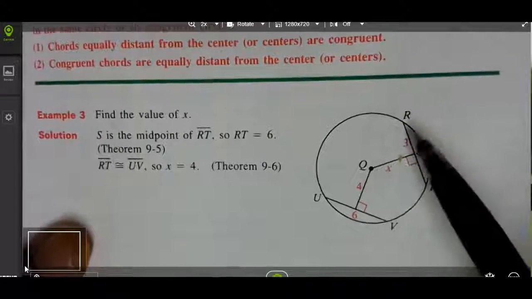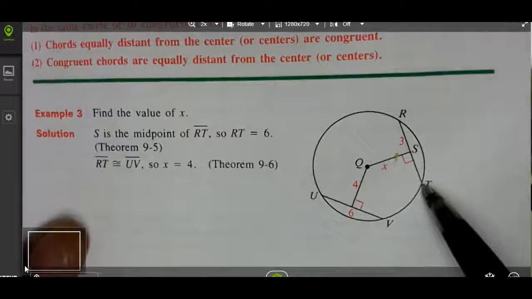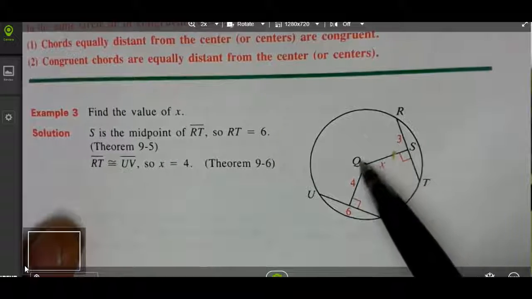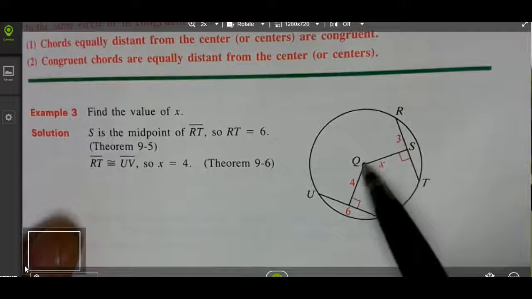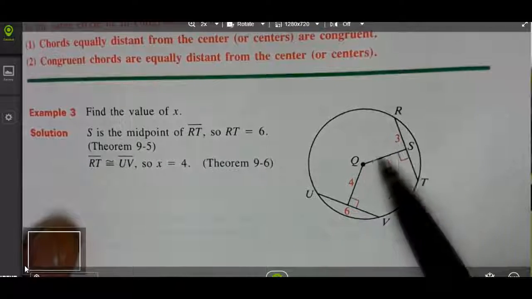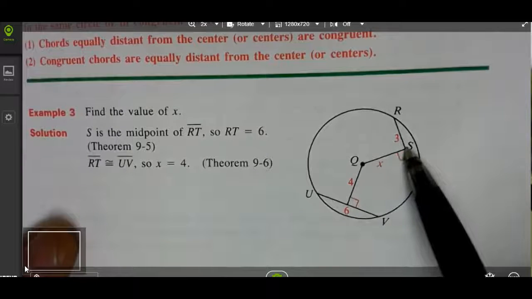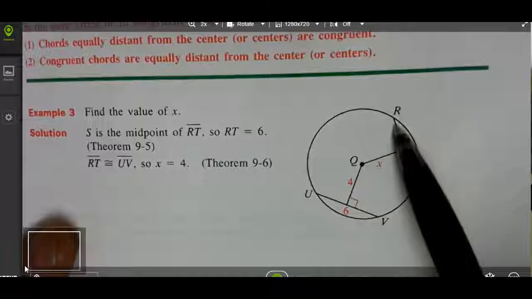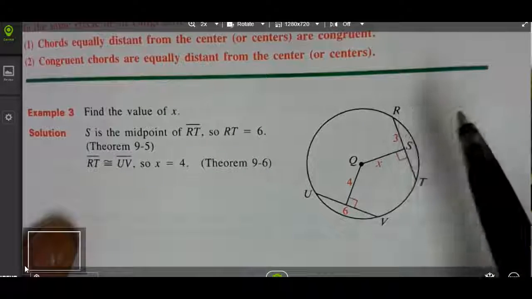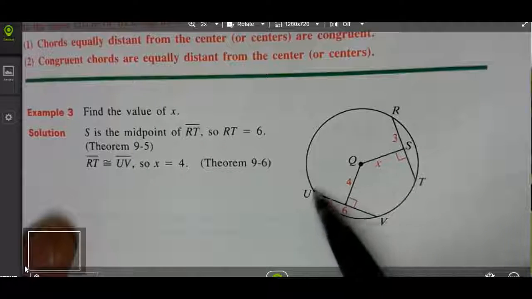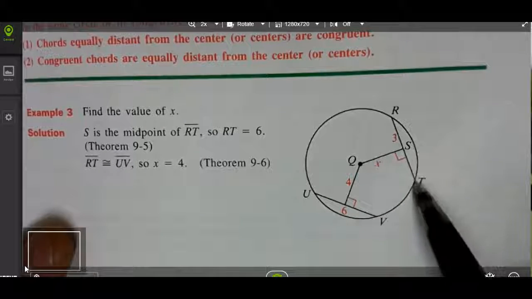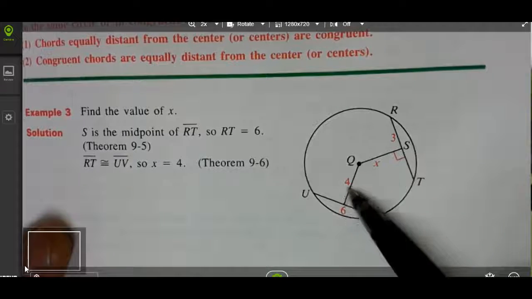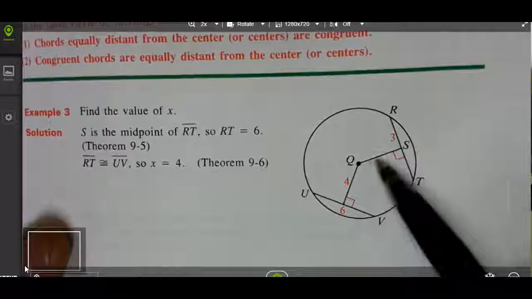So if we have chord RT and chord UV, if you draw a segment from the middle down to the chord, this perpendicular, this is part of the radius. If they are equal, then the two chords are equal, and of course the two arcs will be equal too. So in this case, x would be 4,